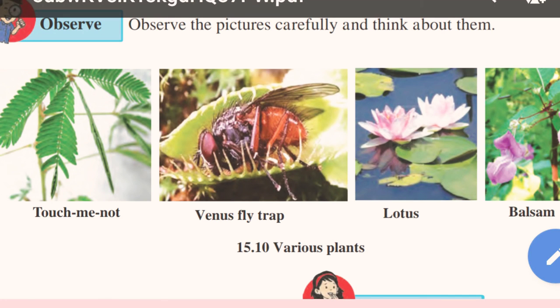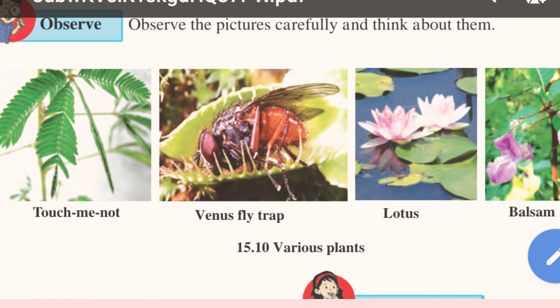In the plant called Venus flytrap, as you can see in the figure, there is a trap that appears and smells like a flower and deceives insects. When an insect visits that flower-like trap, the trap closes up and the trapped insect is digested by the plant. The lotus flower, as you can see in the figure, opens during daytime while the tube rose opens at night time. Fibrils present on the leaves of the insectivorous plant like Drosera bend inward as soon as an insect lands on the leaves and surround the insect from all sides.